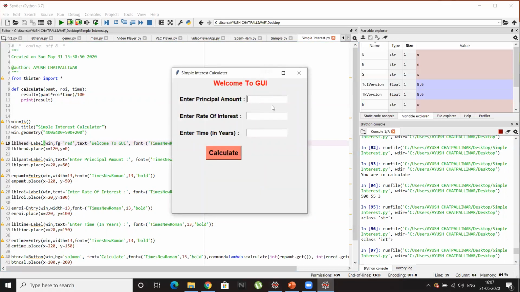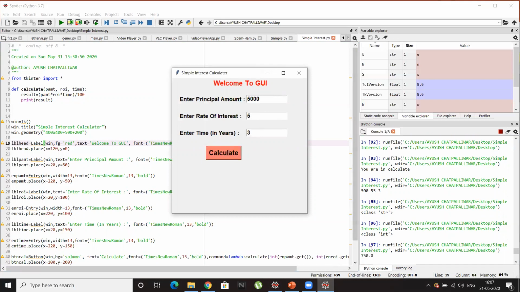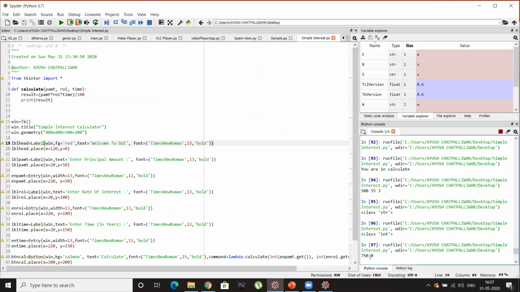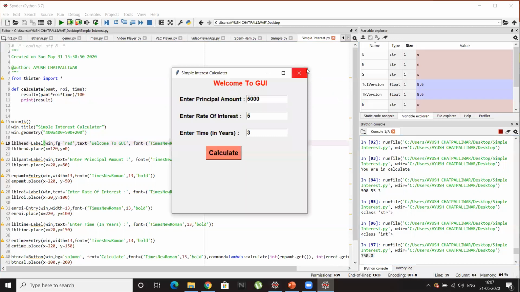I'll give principal amount 5,000, rate of interest 5%, and time 3 years. Calculate. Here you can see 750 is printed on our console. That means for 5,000 at 5% for 3 years, our simple interest is 750. That is exactly correct, which means our formula is accurate.